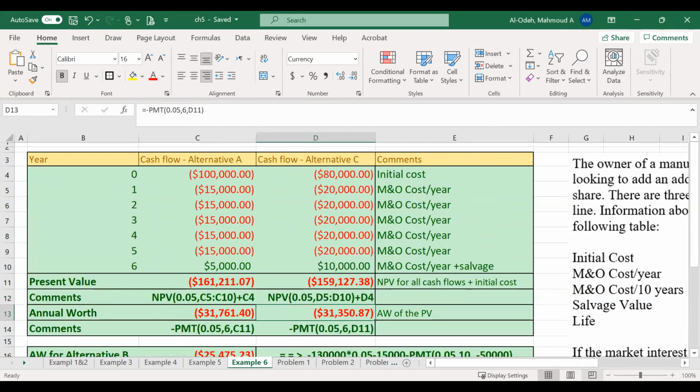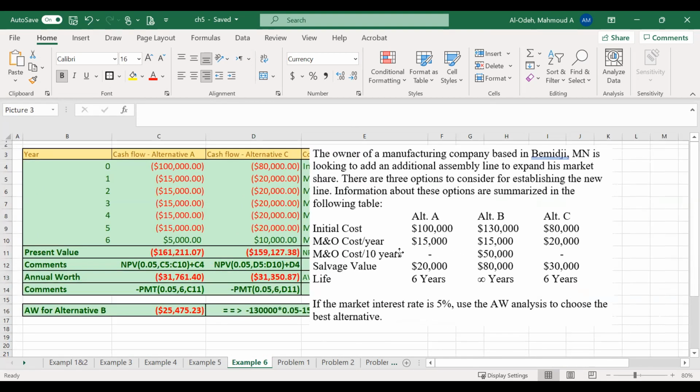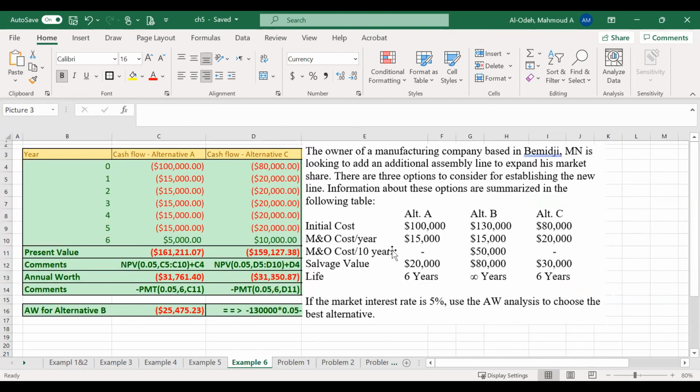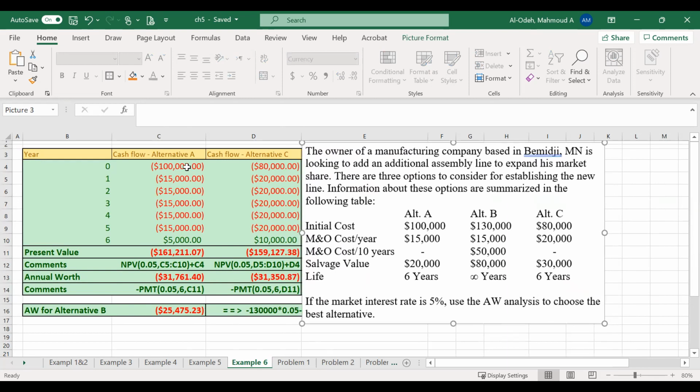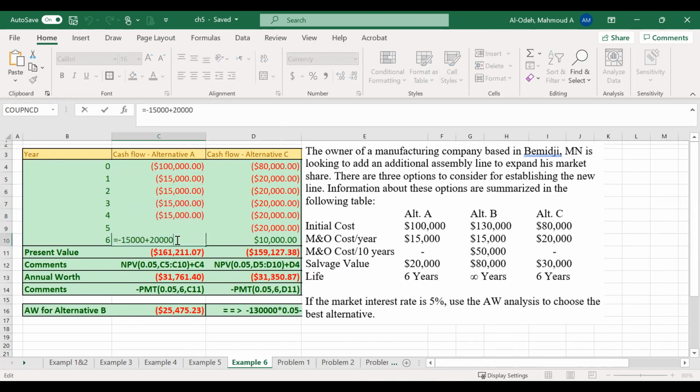All right, so here's the question. I'm going to just put it here on the screen as well, so you could see the numbers. Initial cost for alternative A is 100,000, and as you see, there's a maintenance and operational cost of 15,000 every year from year 1 all the way to 5. And on year 6, we will collect the salvage value. So now we have